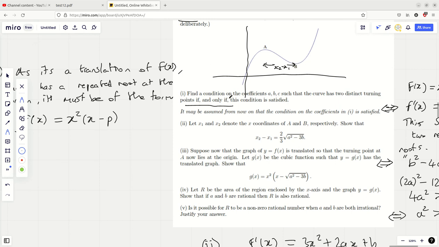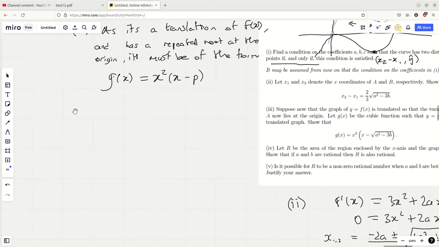And naturally, once you've translated it so it's on the origin A, you now know that B's coordinate will have an x coordinate of x2 minus x1, and a y coordinate of, let's call it y hat. But we know that's going to be the correct x coordinate for B. So what I can now do, once I realise this, I really got going on this question, is point out,